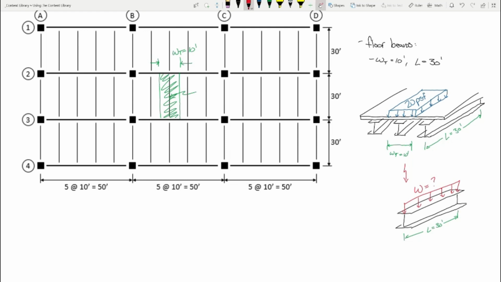So if I take 20 pounds per square foot and multiply it by the tributary area, I'm going to get 6,000 what? Pounds, right? But this needs to be a pounds per foot. So what am I going to do with that? I'm going to take that pounds per foot and divide it by 30, right? But if I take 20 times that divided by 30, why don't I just take 20 times that? Make sense? So I propose that W